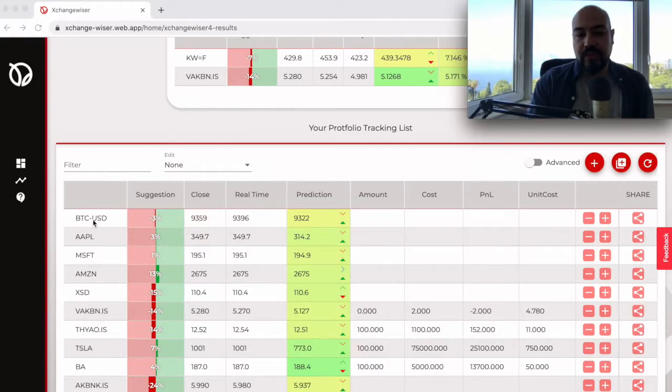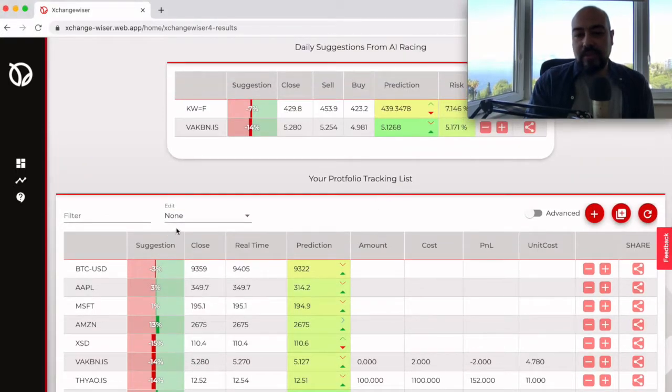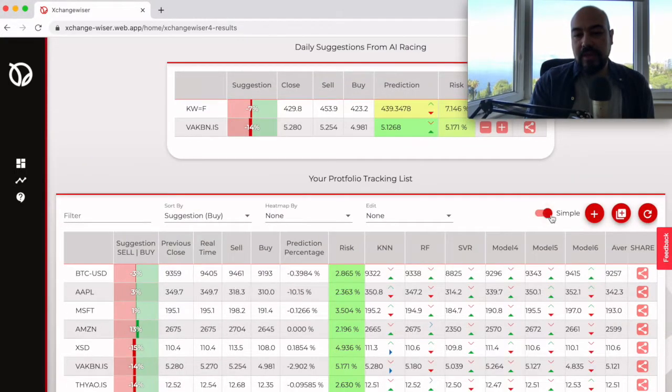So for example, you can see Bitcoin to USD, and then you can see the suggestion value in here. The AI algorithms for today say that it's going to be a small loss for today, which means a very weak sell suggestion. Of course, in this table, there is an advanced mode, and by clicking on this slider